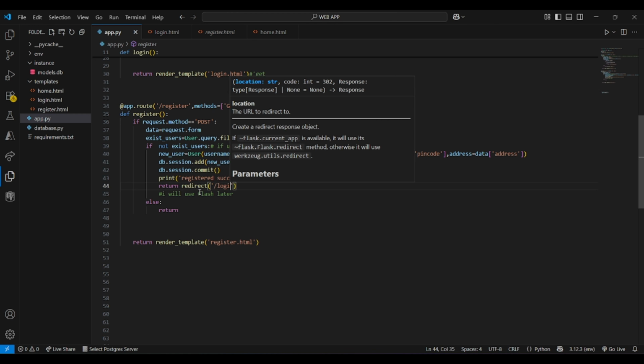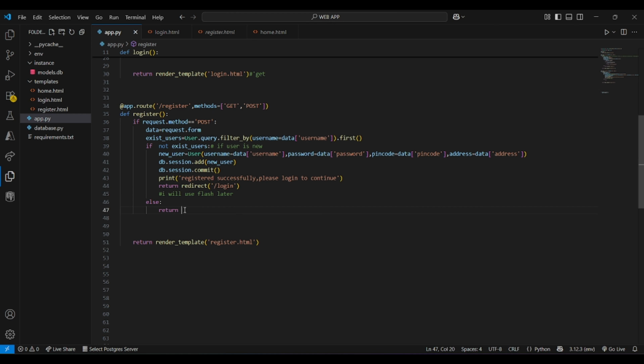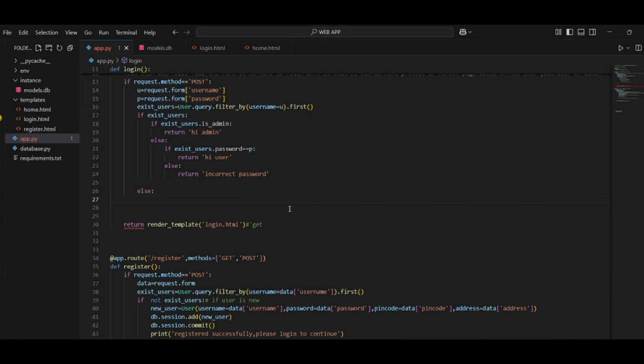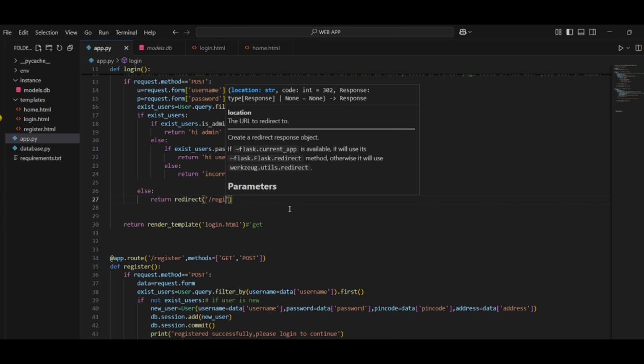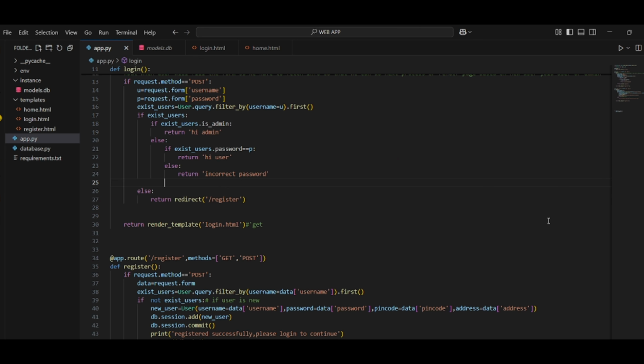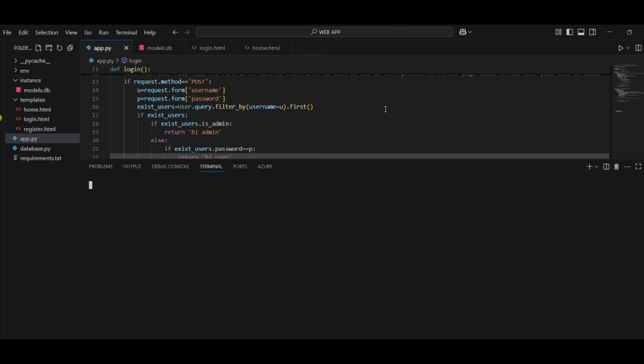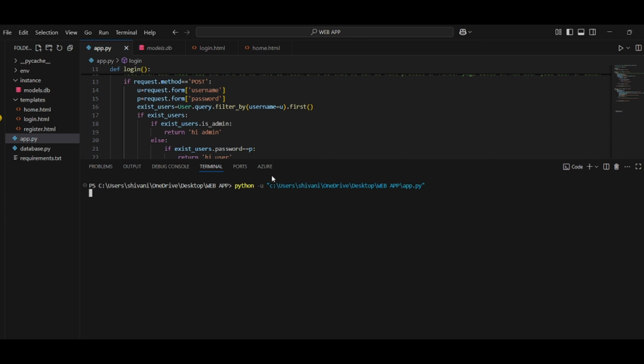And then redirect to the login page. So as we have made our register route, let's complete the login route's redirect to the register page, where if the user does not exist and is trying to log in, but first has to register, we redirect them to the register page.